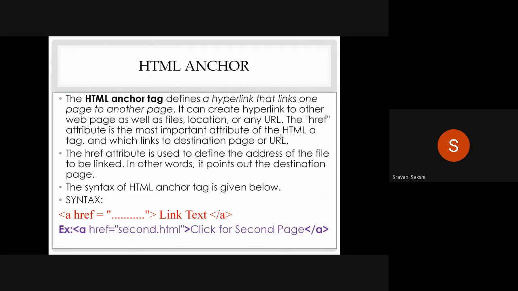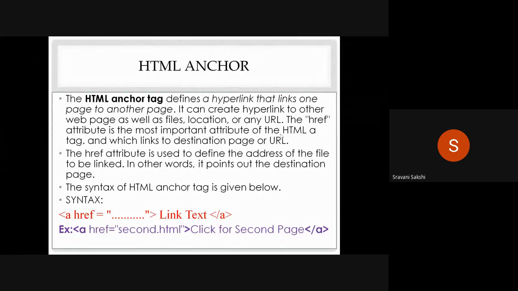Next HTML tag is the anchor tag. This anchor tag is defined with the letter A. And what is the use of this anchor tag? It is used to link one web page to another web page.